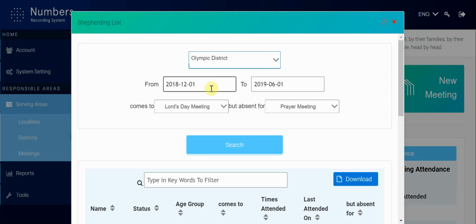Okay, and then you select the range here, and then you can select the meeting that they come to but absent for another meeting. So let's say who comes to Lord's Day meeting but do not come to prayer meetings. Okay, then you can do a search here